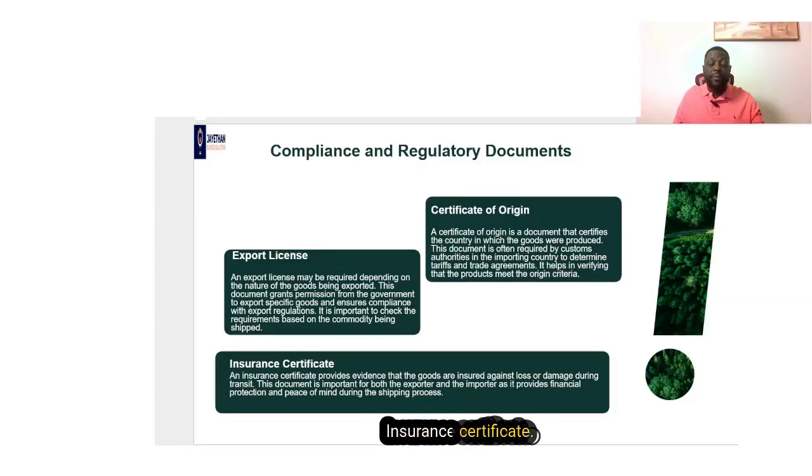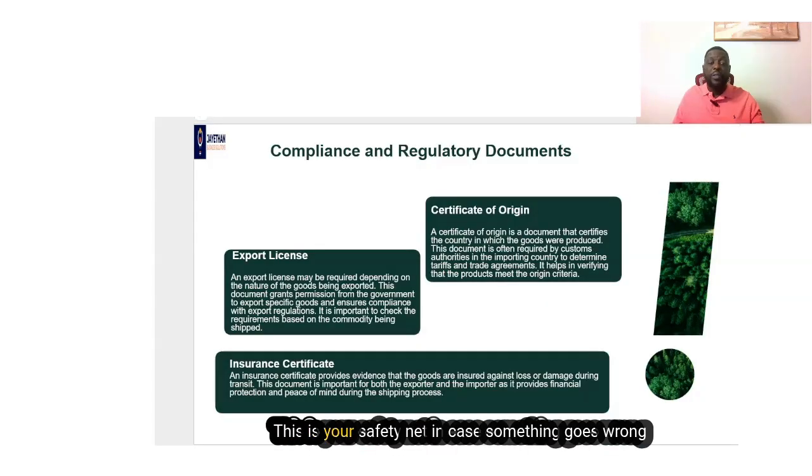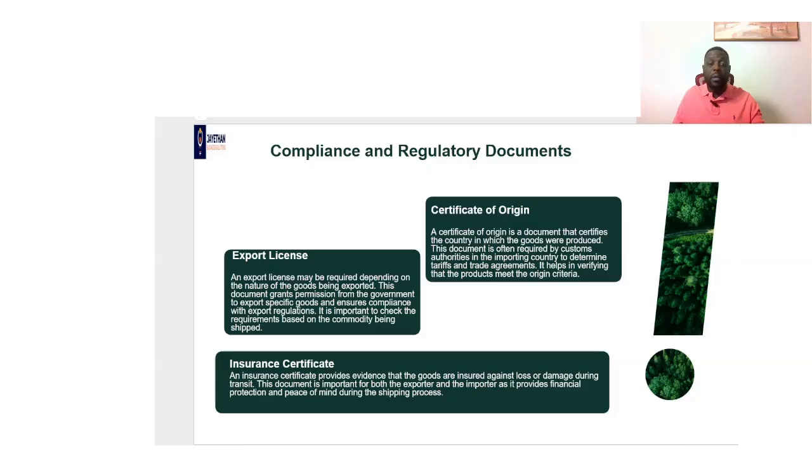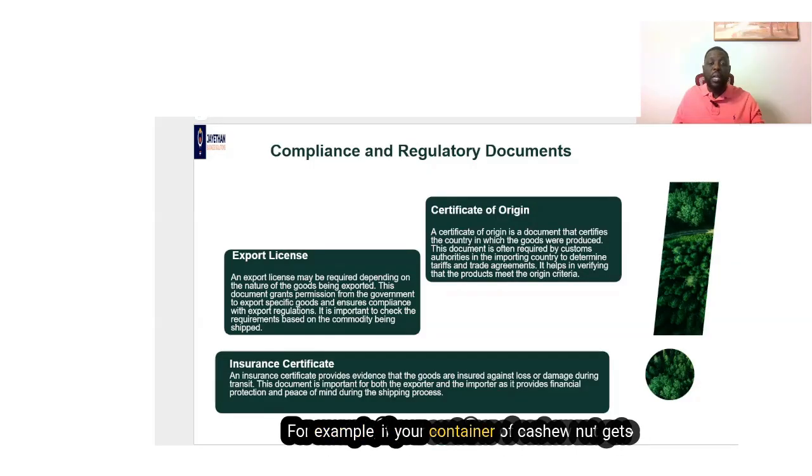Insurance certificates. This is your safety net in case something goes wrong during shipping. It shows the goods are insured against loss, theft, or damage while in transit. Both you, the exporter, and your buyer are protected financially. For example, if your container of cashew nuts gets damaged during shipping from Lagos to Dubai, the insurance company will